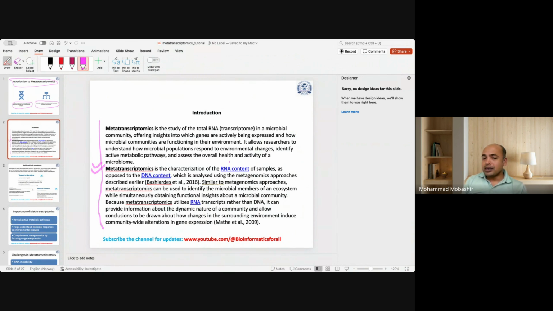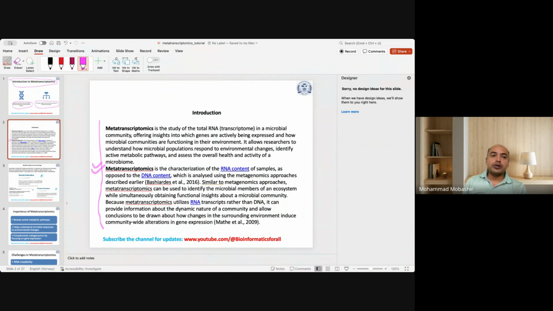While in metatranscriptomics, you are studying the total RNA of the environmental samples. Here you could go for gene expression analysis, similar to eukaryotic organisms. So, for example, functional annotation, gene co-expression network, gene expression network, and many more things you could do by using